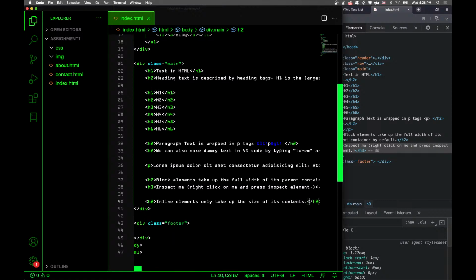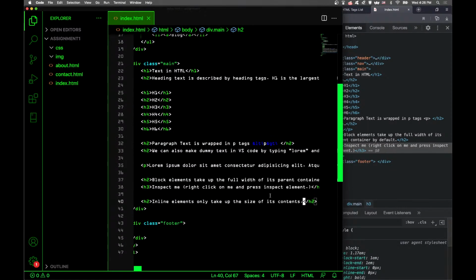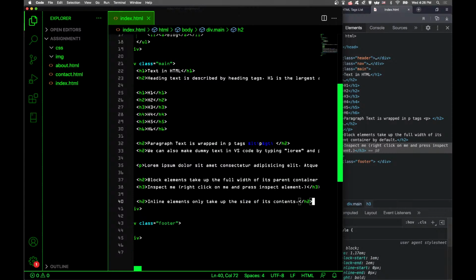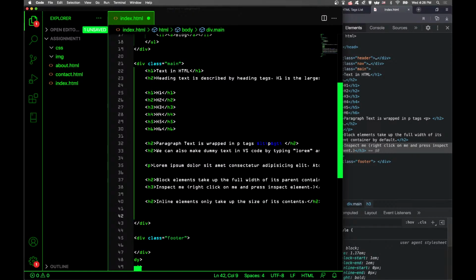So whatever you put in there, that's the size it's going to be, or whatever it's wrapped around. So let's do one example like this, or wait, we need to add more to this. Inline elements only take up the size of its contents,